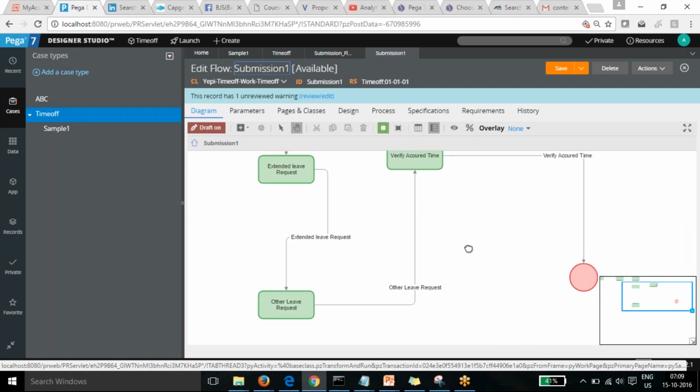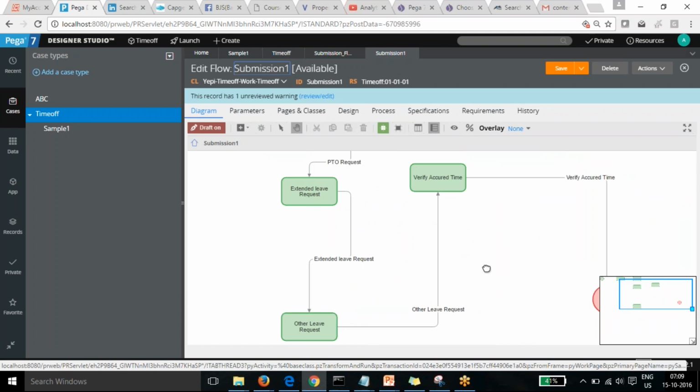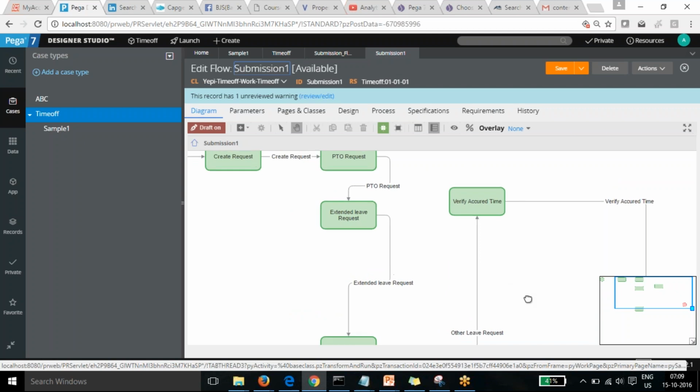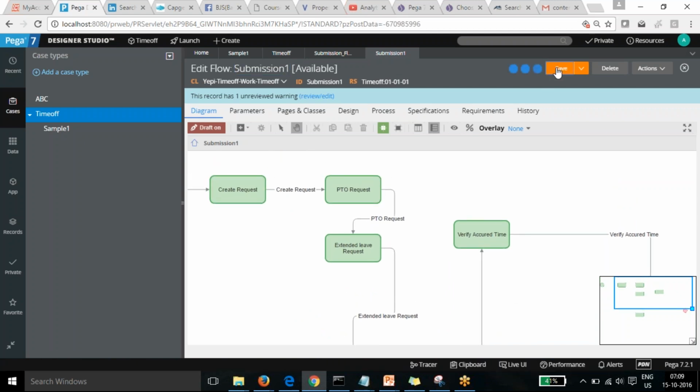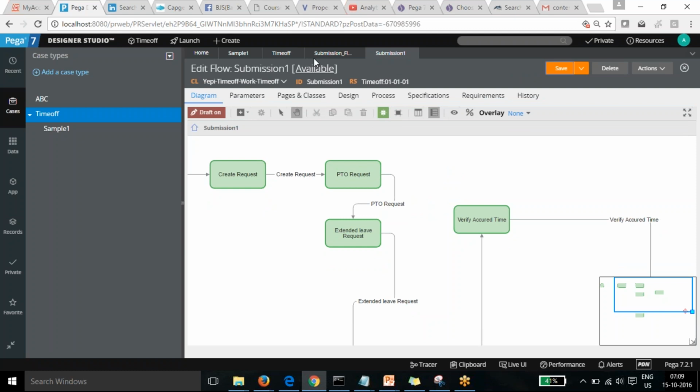Actually, it's not needed. If you have already designed that, then the SA needs to do that part. Because actually I want to show that one to you. So I changed this flow from how it was before, in a new name, so I can later use the same flow.